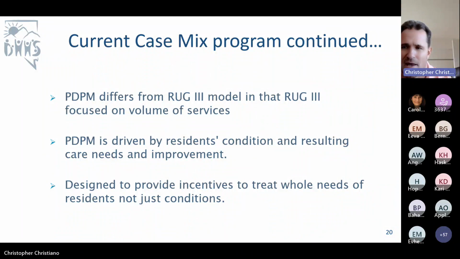In the past, we've noticed in our RUG-3 reviews that therapies seem to be inappropriate at times for the reimbursement we were providing. So what we're being told is that PDPM corrects that, okay? PDPM is driven by the resident's condition and resulting care needs and improvement, and it's designed to provide incentives to treat the whole needs of the residents, not just their conditions.